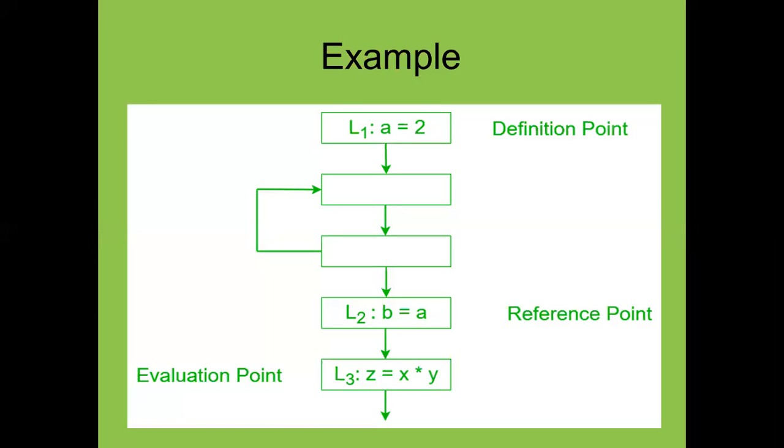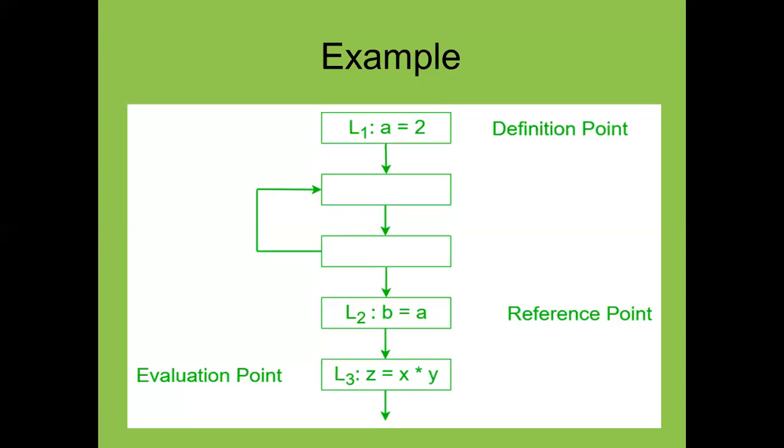First is the label L1. L1 colon A equals 2. We are considering that there are some expressions and sub-expressions involved while writing our source code. In this example, you can see L1 colon A equals 2. It is just the starting of your source program. Whenever you write the grammar of the source code, you then start to write the expressions which are necessary, or on which our output will depend. So this is just the starting. This is called the definition point.